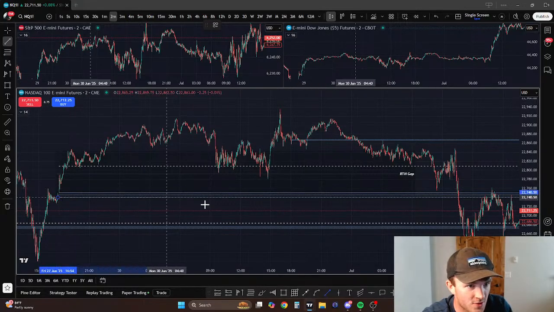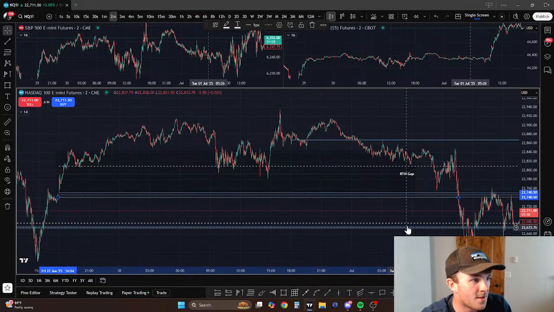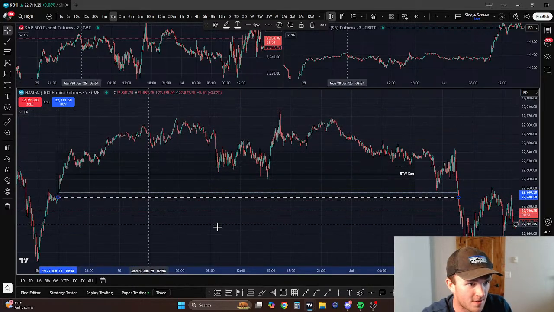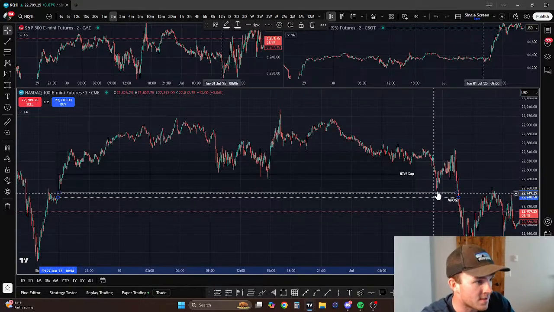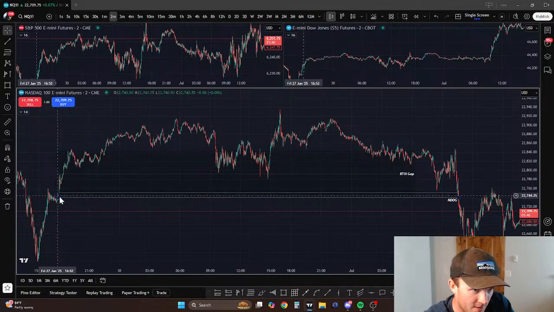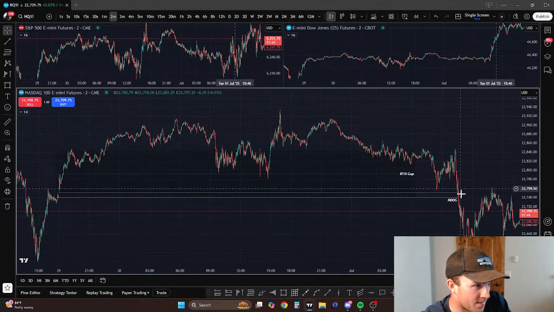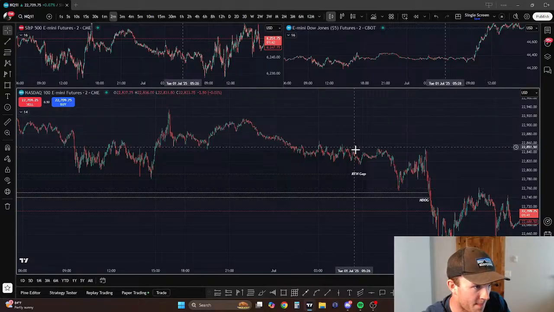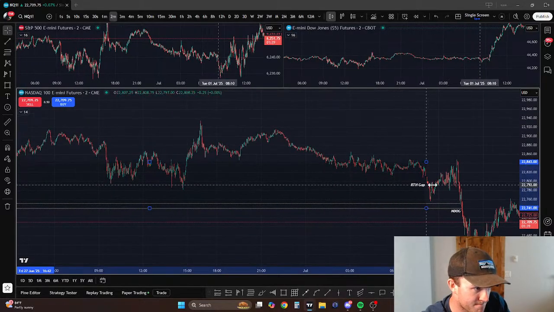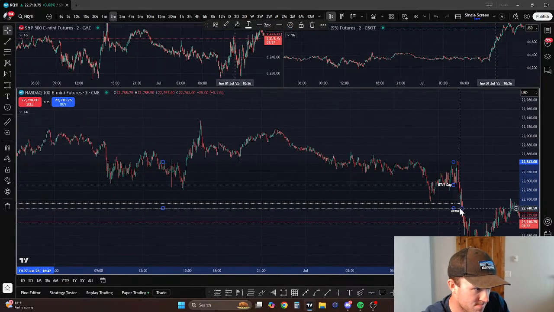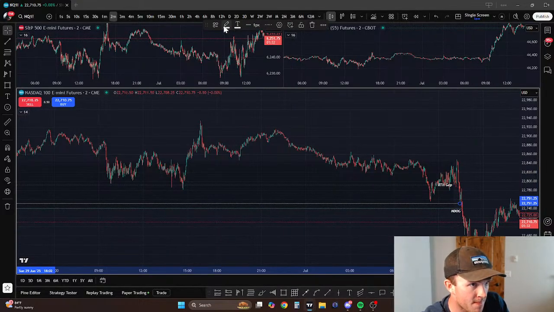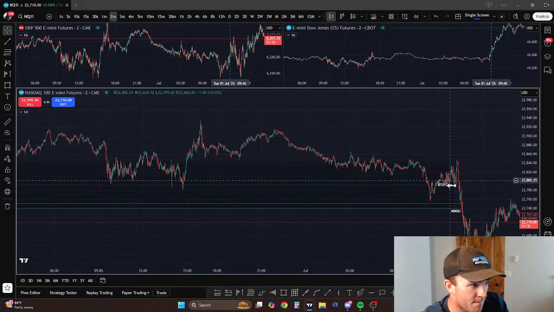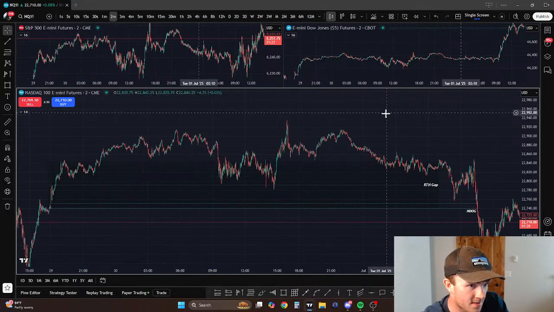Unfortunately, it's harder to trade live, even if you can call it. It's harder to actually execute on that, but one step at a time. I'm slowly getting there. This was a very nice draw on liquidity, and yeah, we ran back to it. So I'm just going to save this as